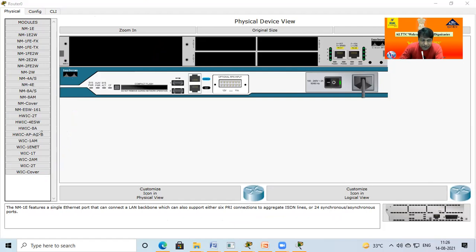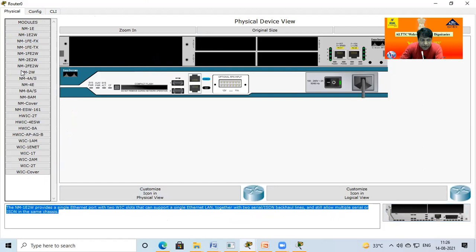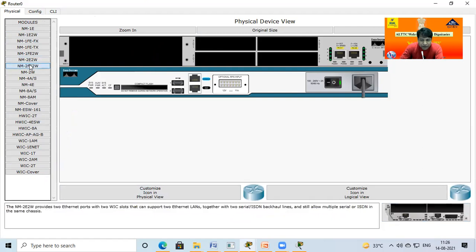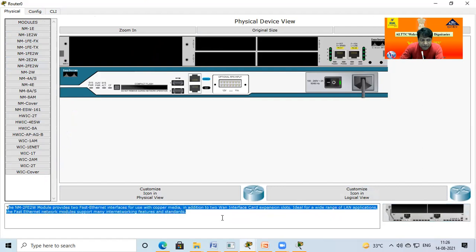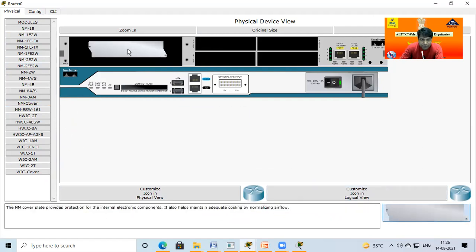On the left hand side a lot of modules are available, and this module can be put in this blank location. What is the specification, what types of modules, if you want to know about a module, just click on it. I suppose I click, okay, this is the symbol and this is the detail. If I click on another location, this changes, and the detail will be shown here. This is a close cover. So now in this location, what can we see? Serial port.